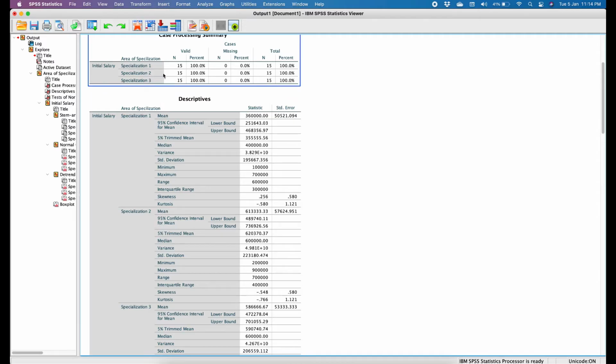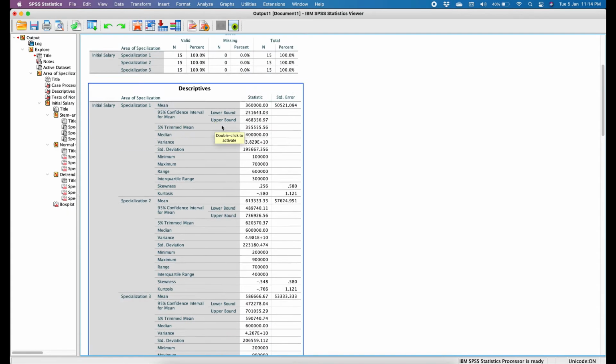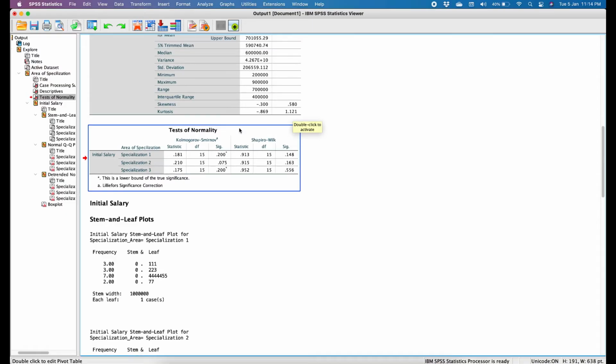In the output window, first of all, we are checking the case processing summary table, in which we are able to see that all the entities in every group have been considered, so there are no missing values. So straightforward, I am moving to the test of normality. As the sample size over here is 45, which is less than 50, we would be considering the results provided by the Shapiro-Wilk test.